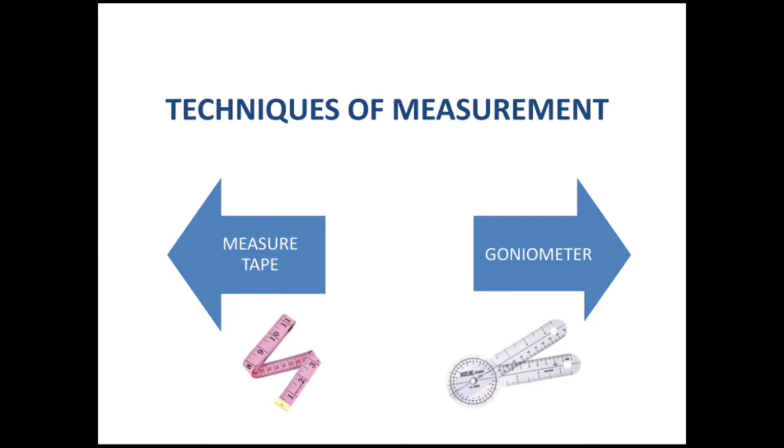Now we move on to the techniques of measurement. In clinical practice, the tape method is one of the simplest, easiest and least expensive methods of measuring the range of motion. The second method is the goniometer. You can also measure the lumbar spine range of motion with the help of the goniometer. Third technique is that you can also measure with the help of an inclinometer. But today in this presentation I am going to discuss the most easy, convenient and most reliable method for measuring the range of motion.